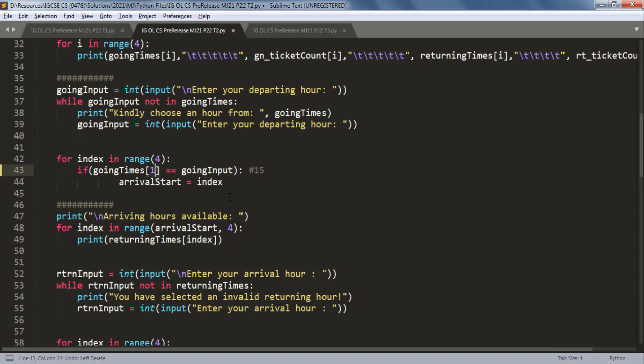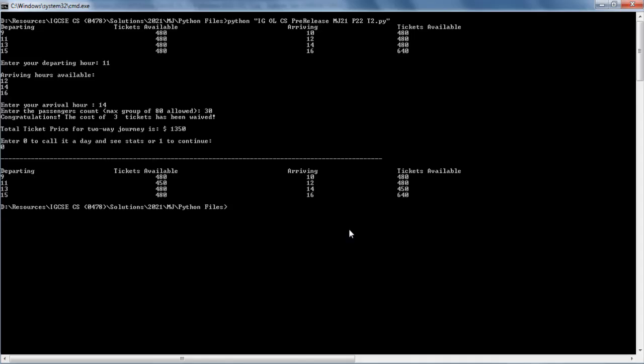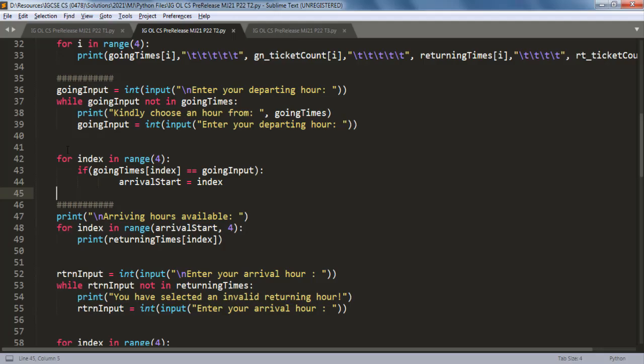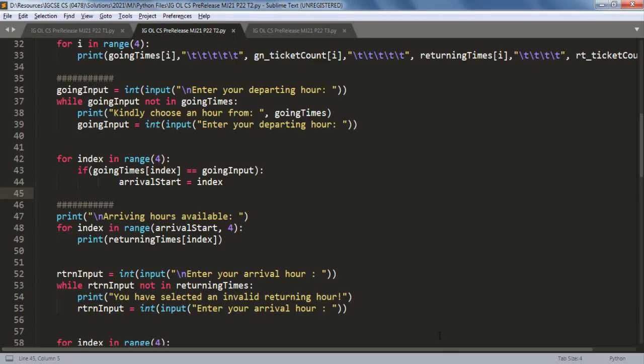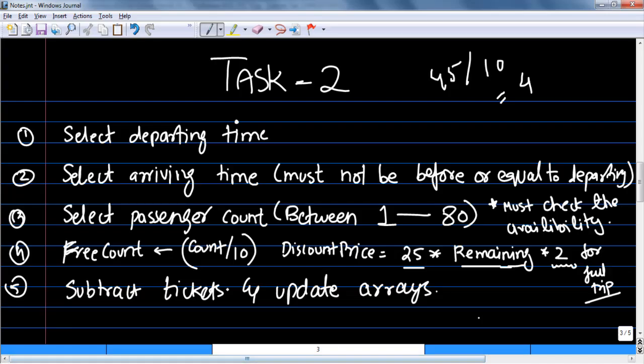So the function returns the index. Similarly for arriving hours, we have to do the same thing. And here is a small change that you need to make. We discussed that the departing hour only can be